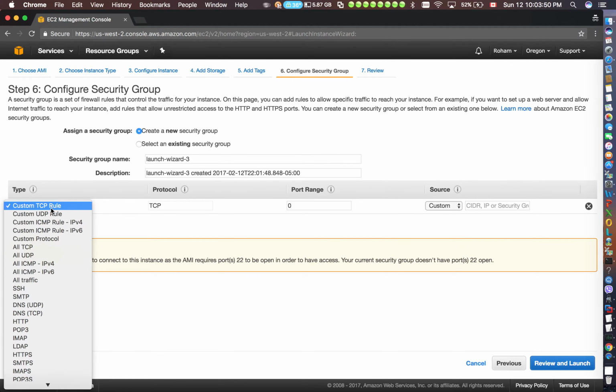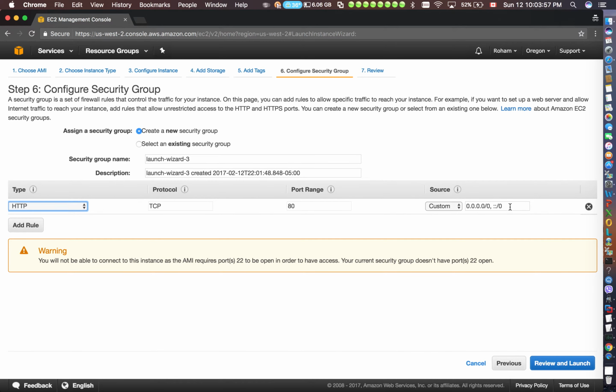So it will give you an option. Like for example, HTTP, it will give you port 80, and this is for IPv6. It's same as this one. So this one is from anywhere from IPv4 and anywhere from IPv6. Okay? This is IPv6 from anywhere,